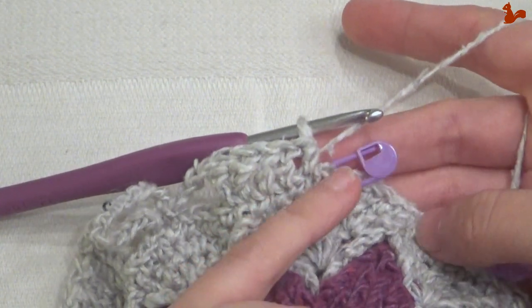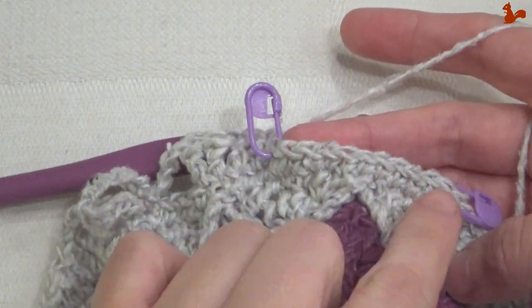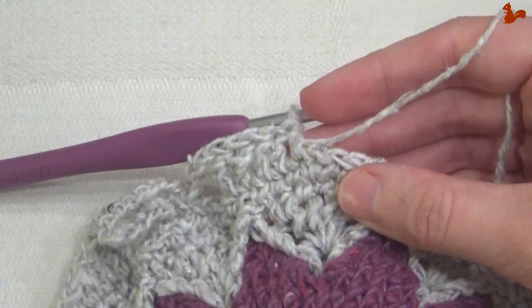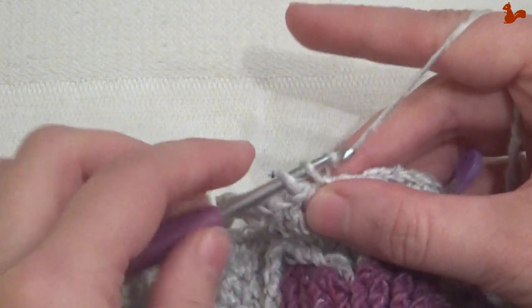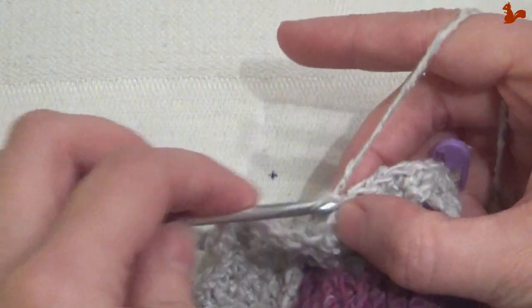Now the next stitch is a marked stitch, and our single crochets are going to start and finish on a marked stitch. I'm just going to remove the stitch marker. So this is just a reference point, just a checkpoint for you. The next stitch is going to work a single there, and that's going to be the first of 11. That's 1, 2,